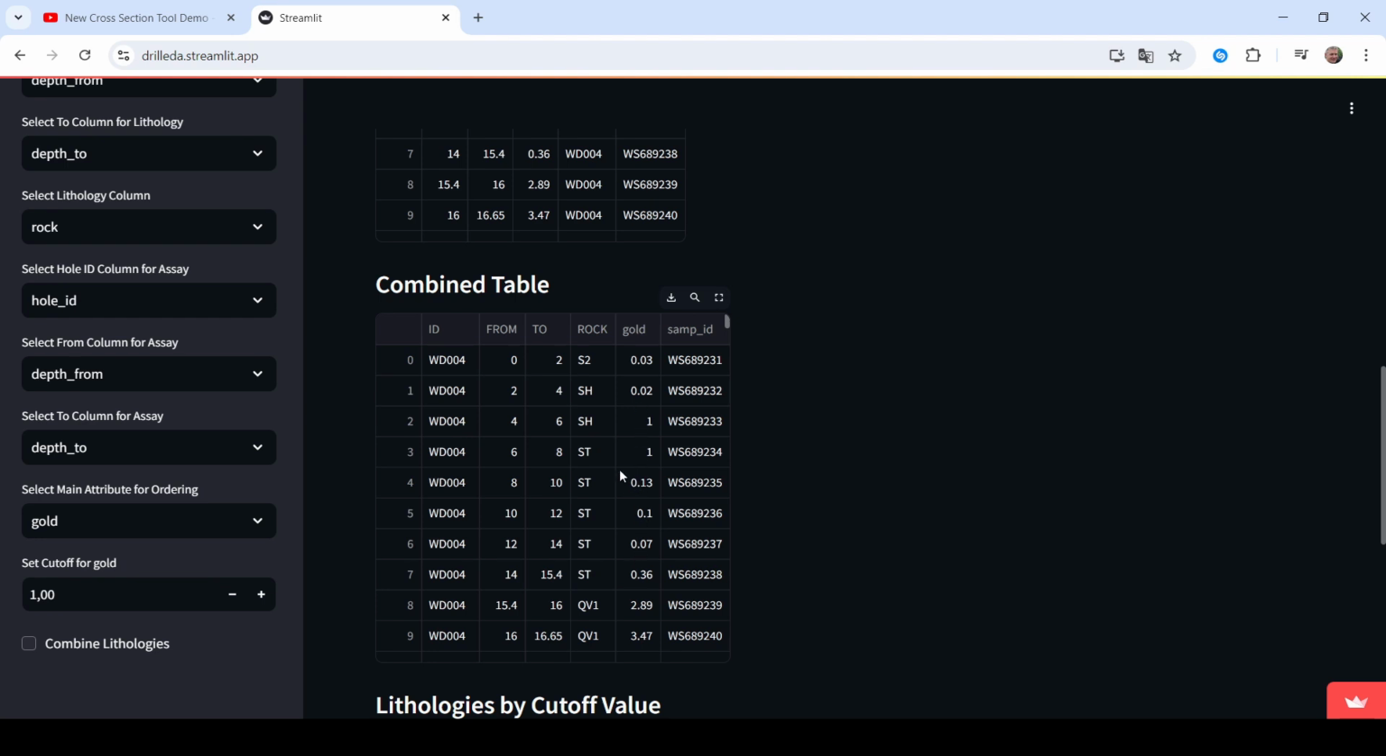So this one is basically going to combine the two tables in a way that you will have access to both the lithologies and the assay data. If you have multiple attributes or numerical fields, those will also be added to the combined table. You can download the combined table if you want and use that in your favorite software with the collar and survey data,